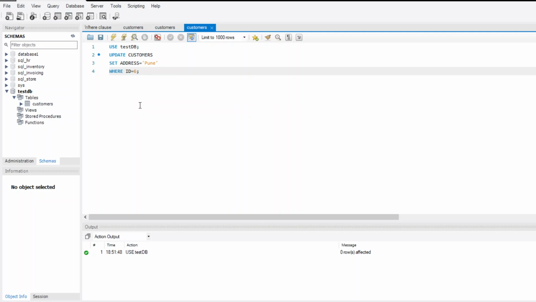So I will now run it by simply pressing Ctrl plus Enter.